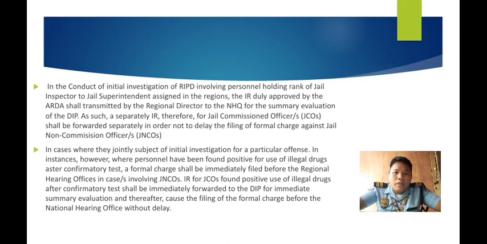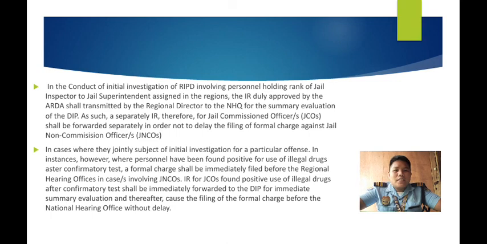The IR duly approved by the ARDA shall be transmitted by the regional director to the NHQ for the summary evaluation of the DIP, as such, separately IR. Therefore, for jail commission officers, JCOs, shall be forwarded separately in order not to delay the filing of formal charge against jail non-commissioned officers, or JNCOs, in cases where they are jointly subject of initial investigation for a particular